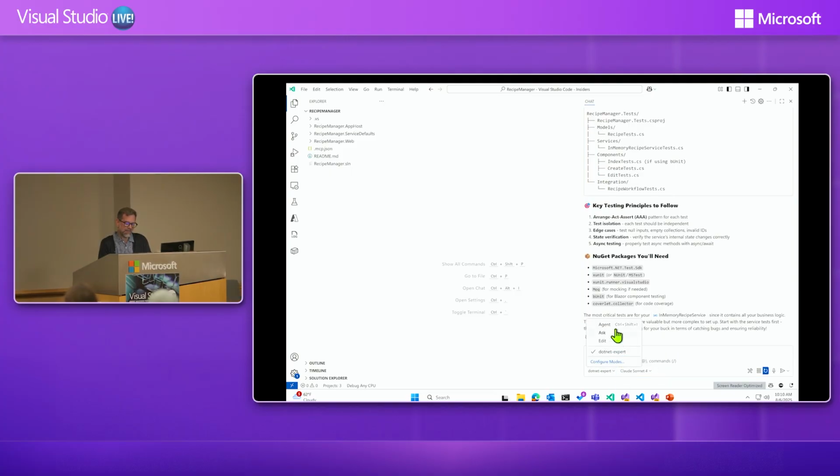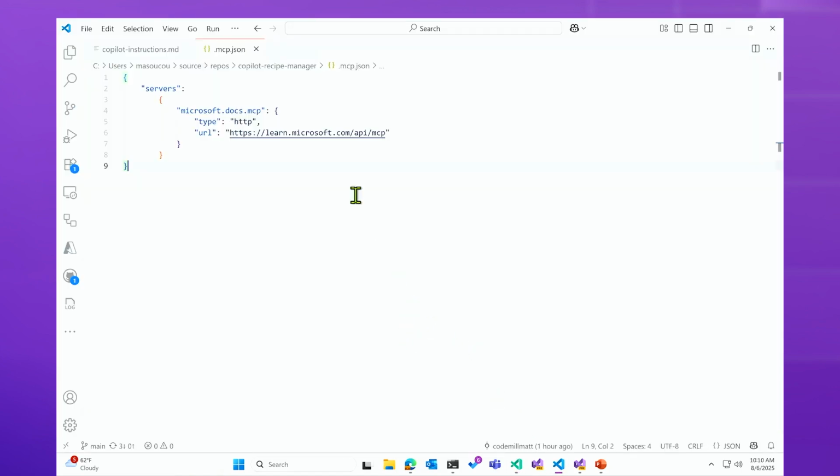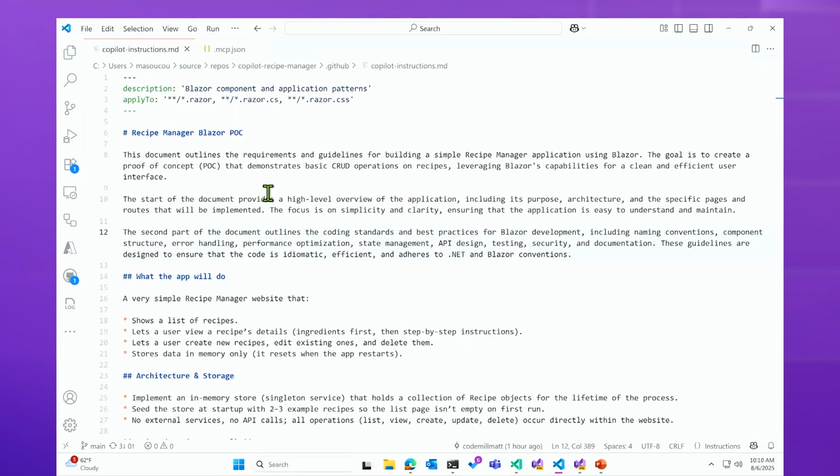So we're down at .NET Expert as opposed to Agent or Edit. Now, the custom instructions that I wanted to bring up before: these get sent along every single time, and I could add custom instructions telling it that it's a great testing agent. If my company had testing protocols and best practices, I can give them to Copilot and have it always follow those best practices. And that comes into these